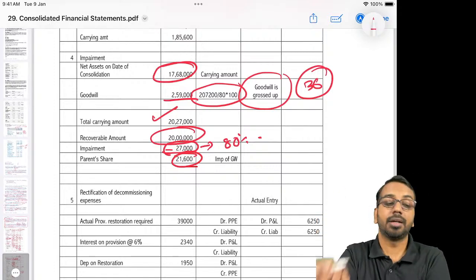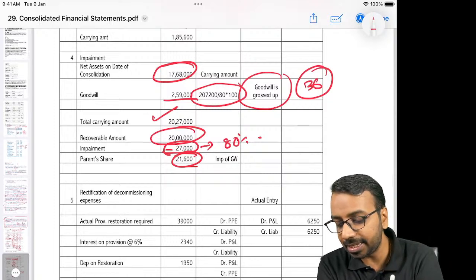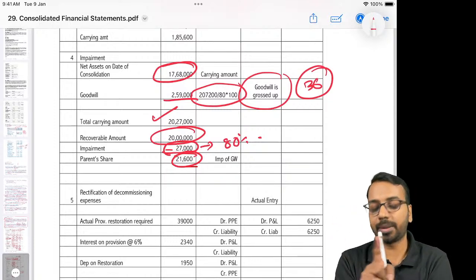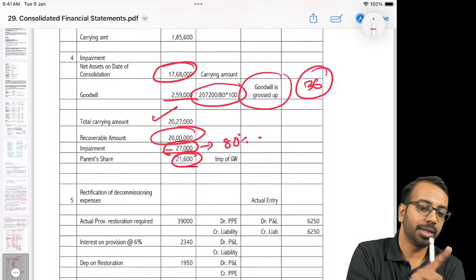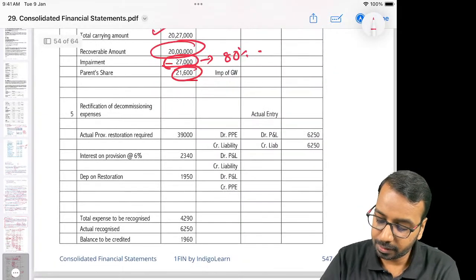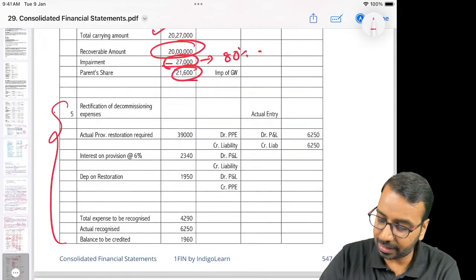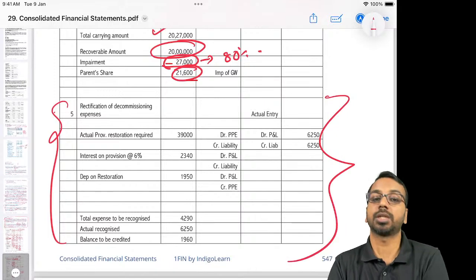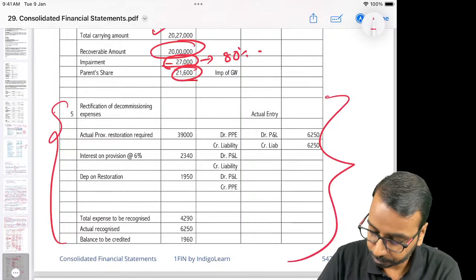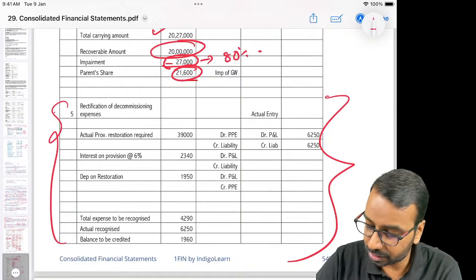Will NCI be here? NCI will not be here because we are valuing NCI using the proportionate share in net assets method. Then this is an independent adjustment. This is not related to consolidation. That is the provision based on your